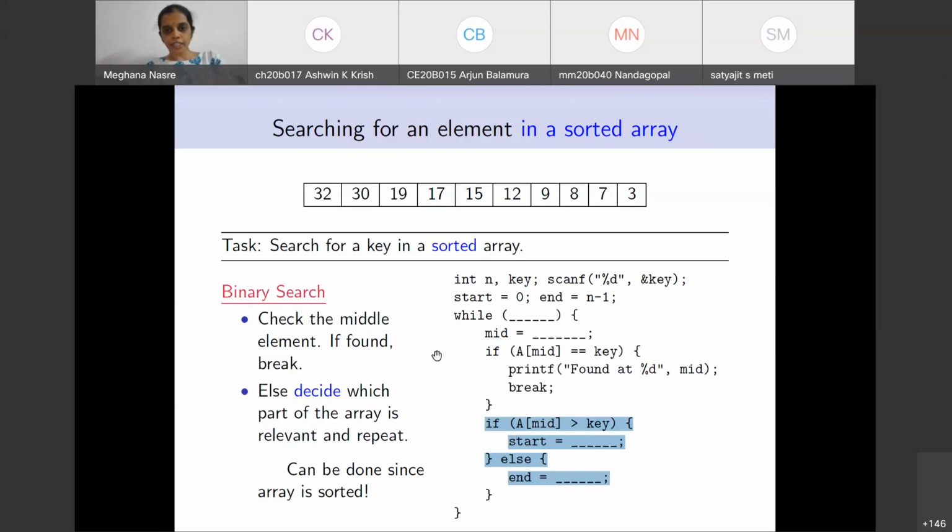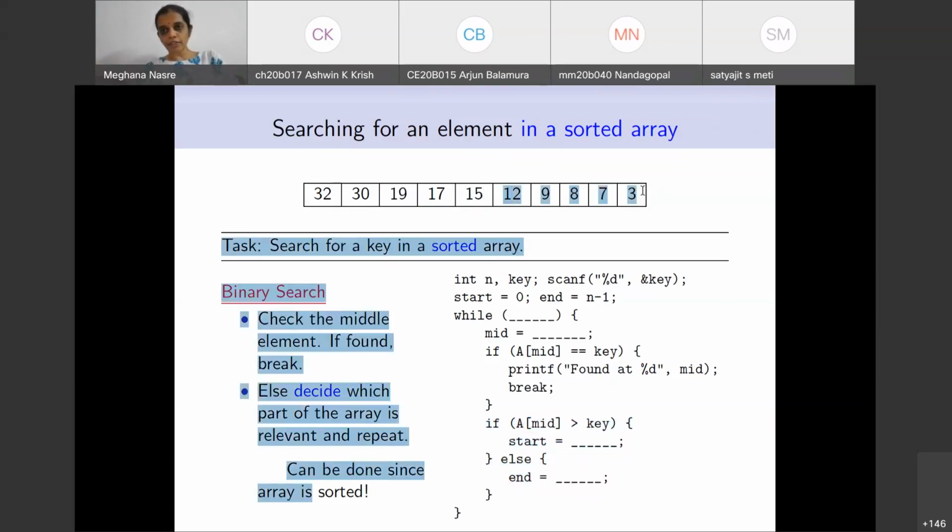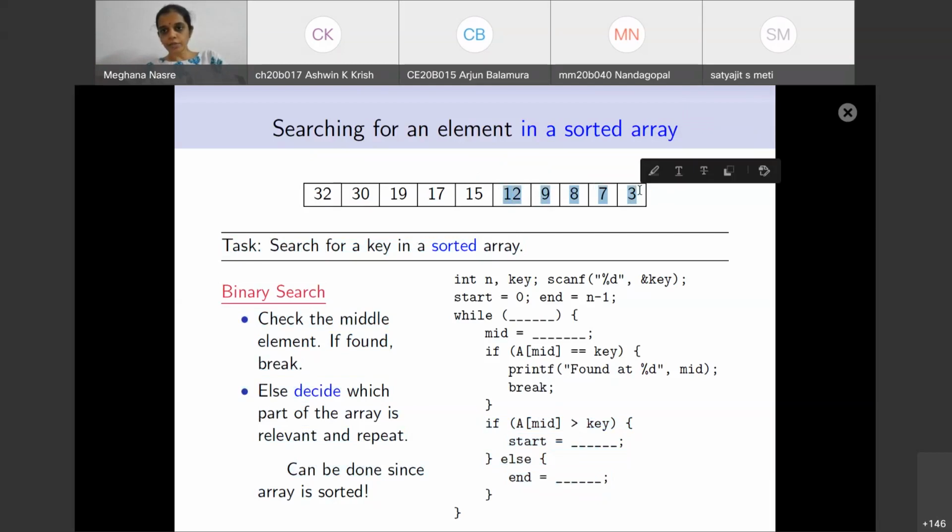Does everybody agree that if a mid is greater than the key, then this array is sorted in decreasing order? If it helps, we'll assume that there are distinct elements. So it is sorted in decreasing order. And therefore, if a mid is greater than key, then if at all your key is going to lie, it is going to lie in the right part of the array. So therefore, it is correct to modify the start and keep the end as it is.